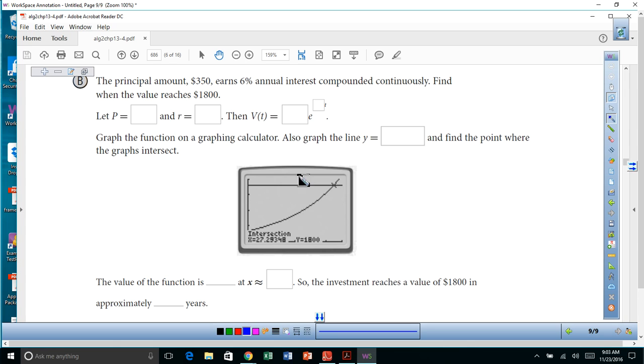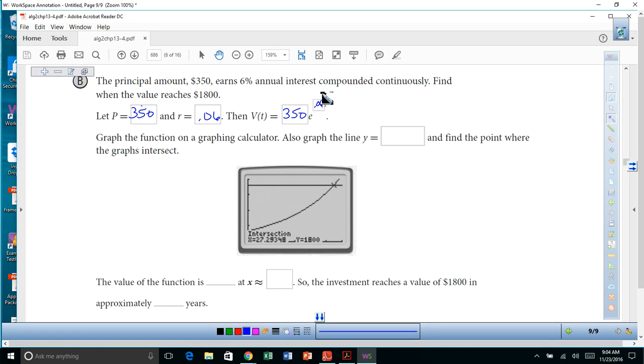The principal amount, $350, earns 6% annual interest compounded continuously. Find when the value reaches $1,800. Our principal is $350. Our rate is 0.06. Then V sub t equals 350 e to the